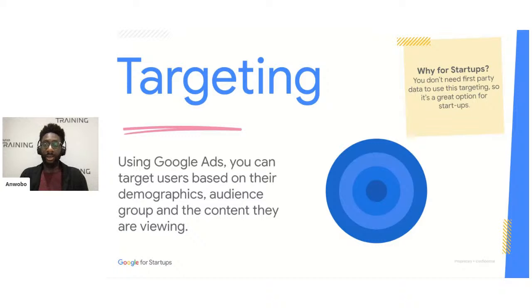So if it's too early in your process to have a long list of thousands of customers that you can just reach out to and hope they keep buying with you, then we can actually use Google's information, because everybody with a Google account has information that they have shared with Google, and we as advertisers can use that information to find and target the right people. And later on today, we'll be looking at precisely how we can use some of this information to really get a picture of the right users that we would like to target there.